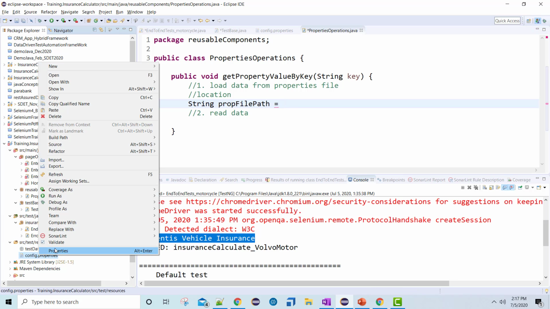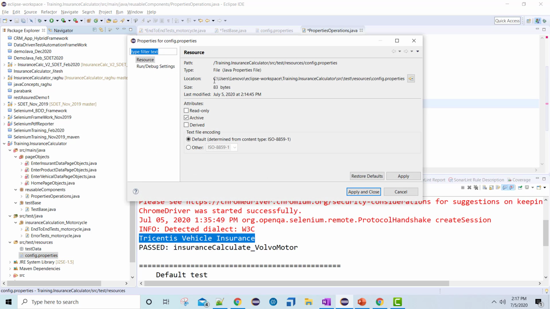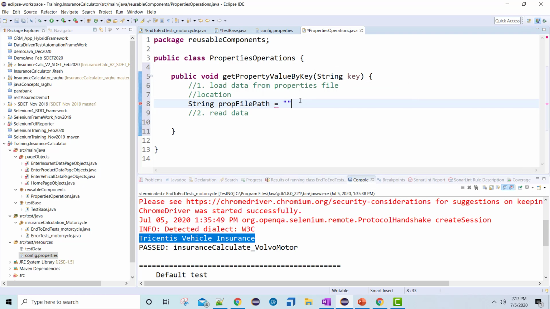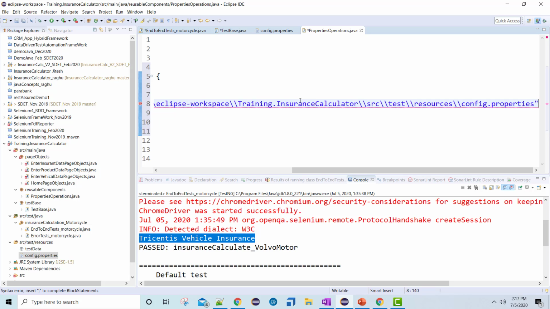So if I right click on config.properties and take this complete location, this will work in the current case.